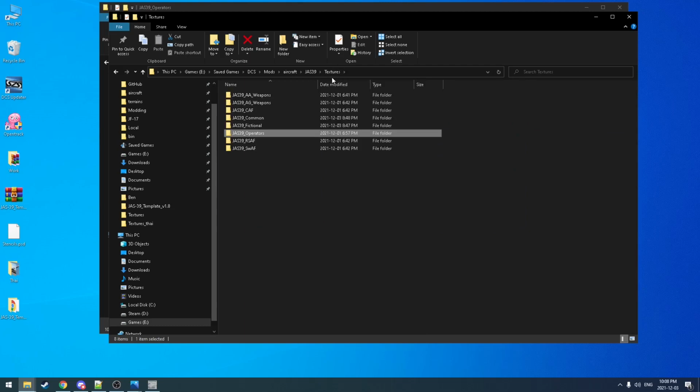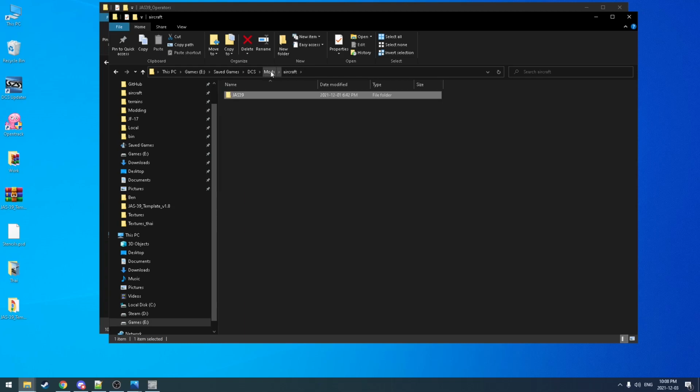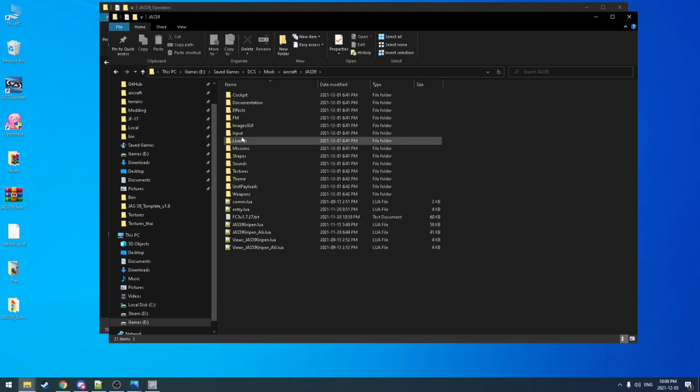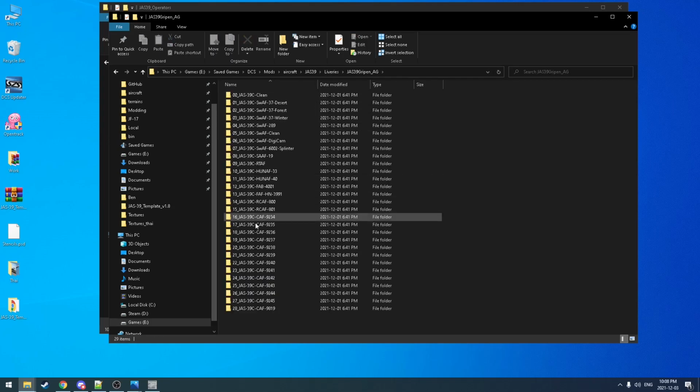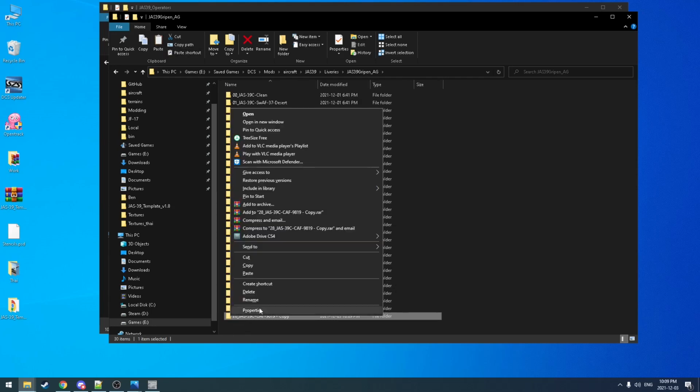Let's say that you want to create a new one. So how would you do that? Very easy. You just go to aircraft, you go to your liveries, you go to air to ground or whatever version. Oh, not cockpit, air to ground right here. And we're up to 28. So you would just copy paste this one here, name it 29,